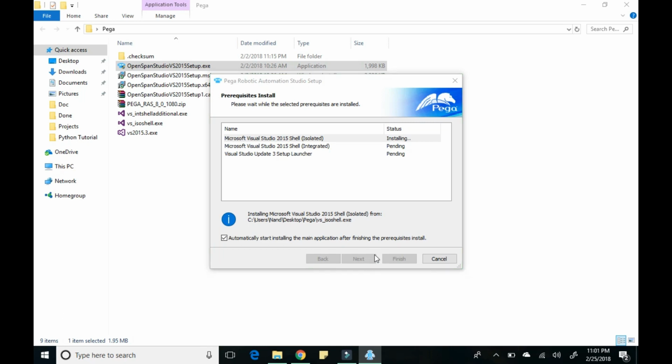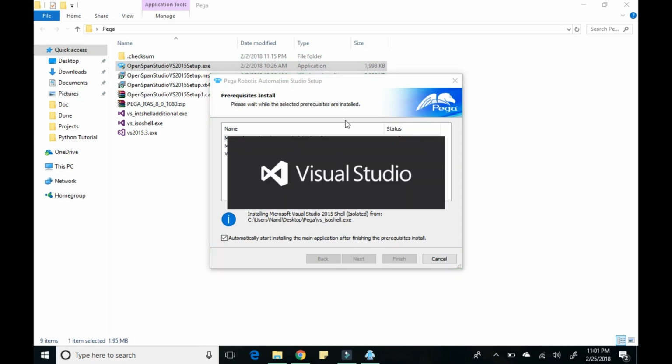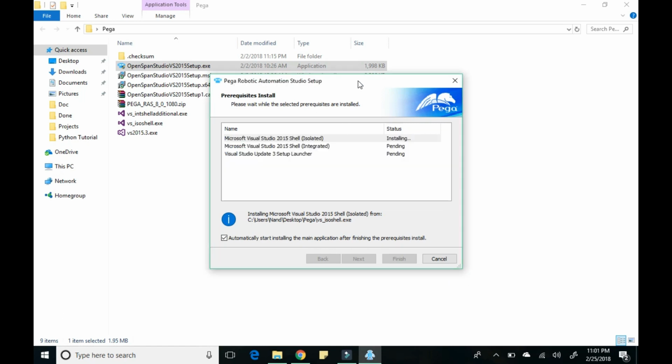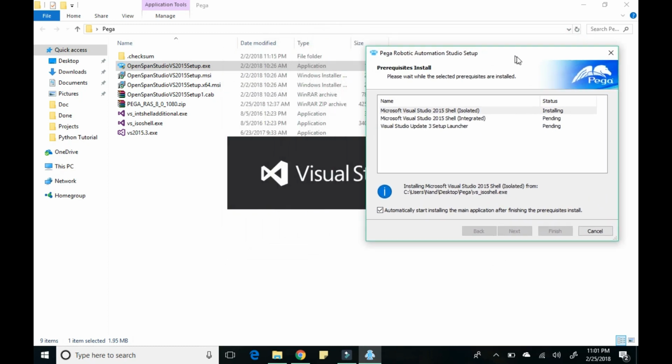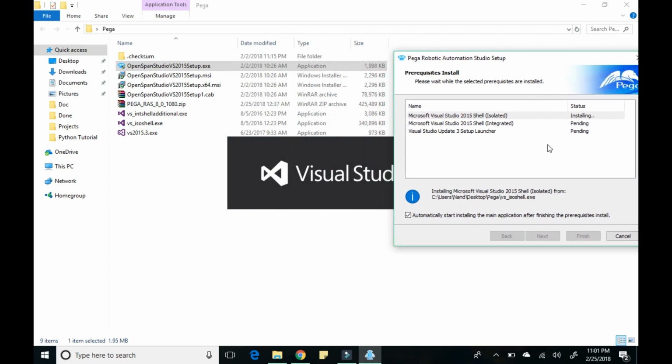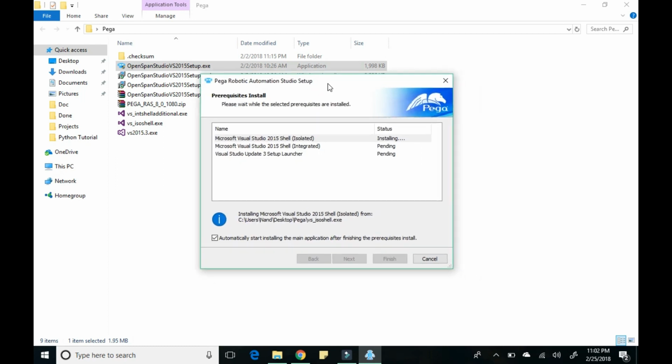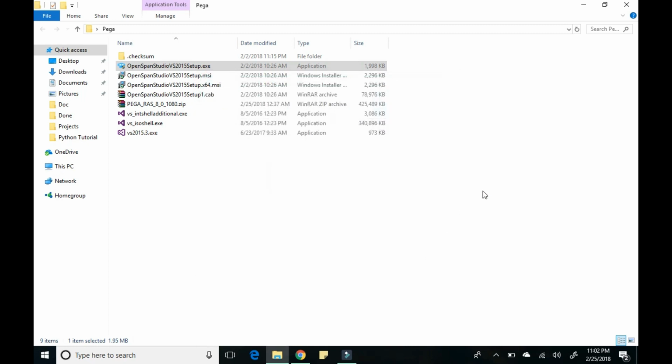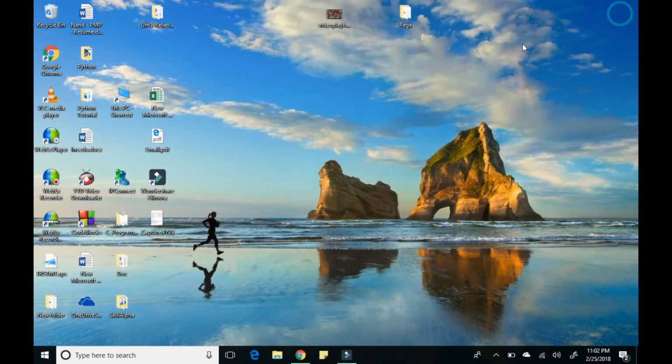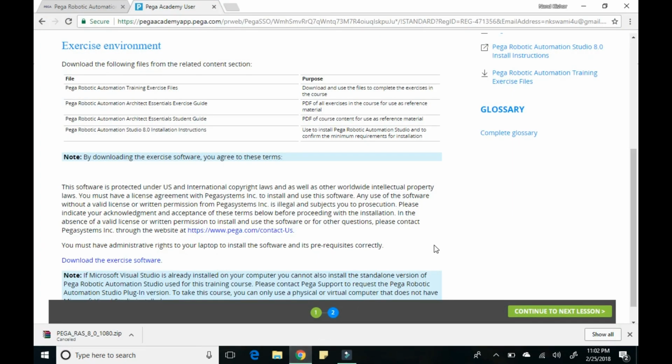And it has started installing the Visual Studio Shell environment. So simply click on next and finish, and your Pega Robotics Studio will be installed on your system. So once installed, we are done downloading the software and installing Pega Robotics Studio,